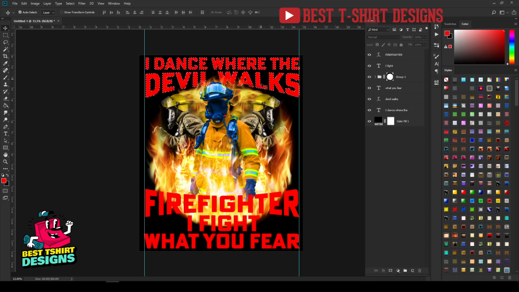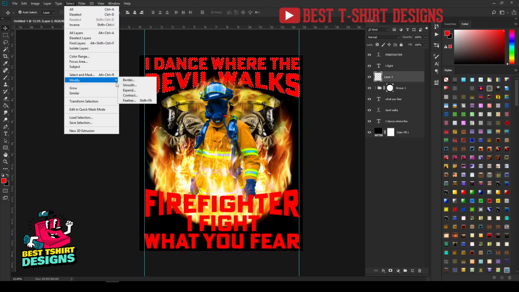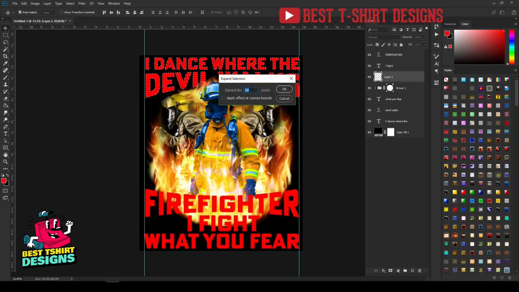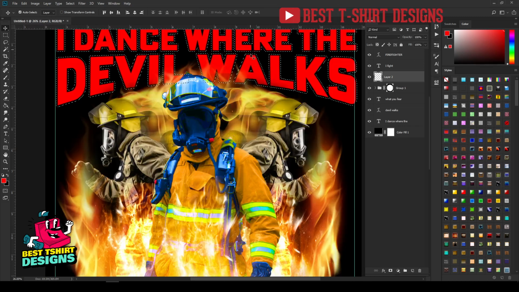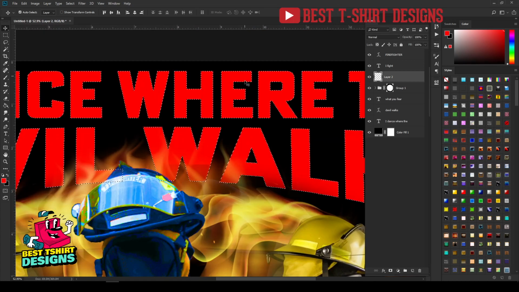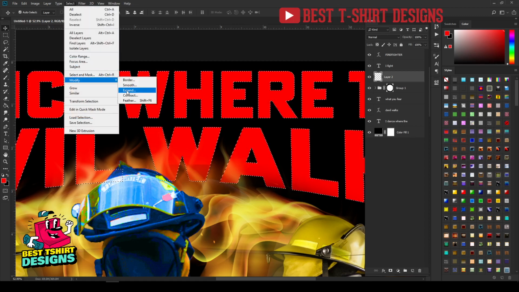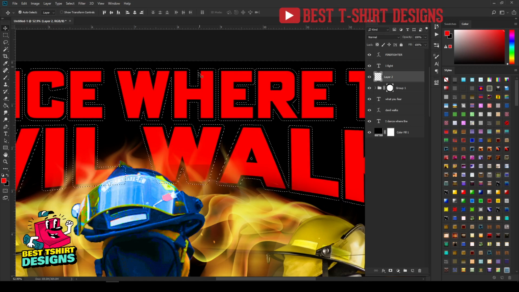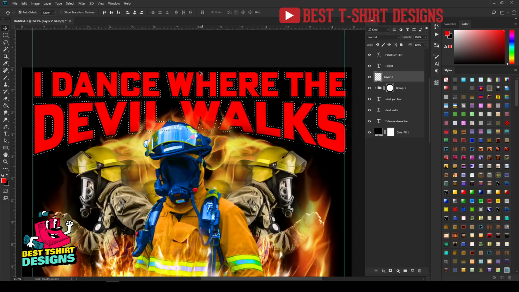It is going to make a selection of both text, and then I want to select this group, and on top of that group I will create another layer, a new layer. And when this is selected, I have to go to Select, then Modify, and then Expand. So 20 pixels is good because I am working on a big canvas. So click OK, and okay, let me show you again. It is right now selecting the exact same pixels of the text, whatever the text size. And if I go to Select, Modify, and then Expand, it is going to select 20 pixels more than the original text. You can see this is how it is looking right now.